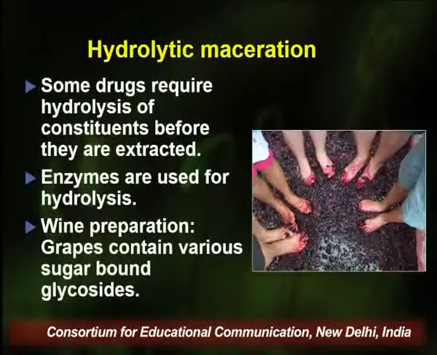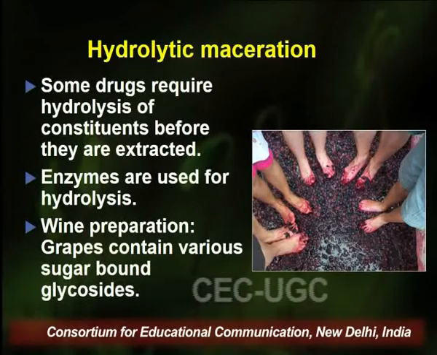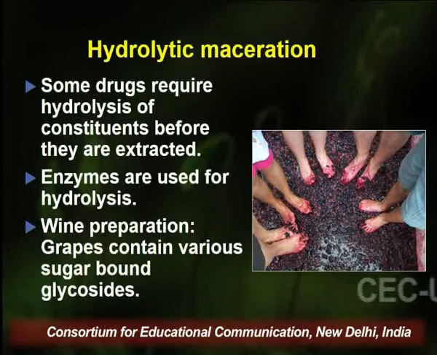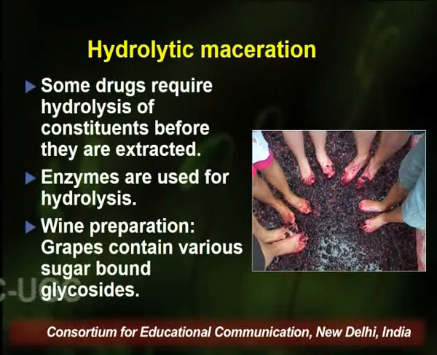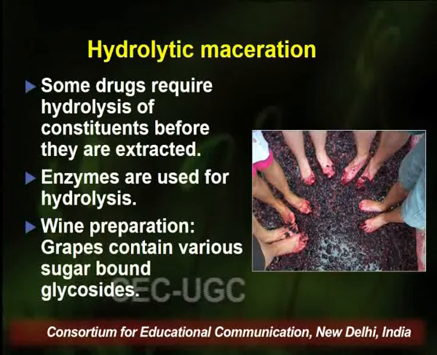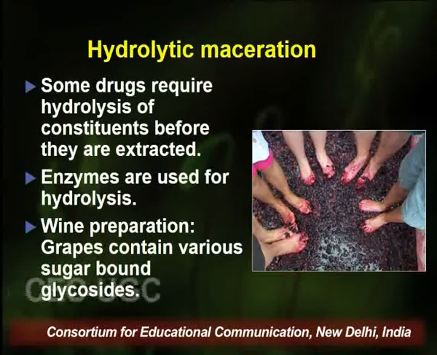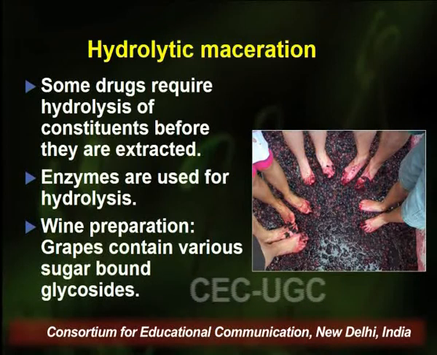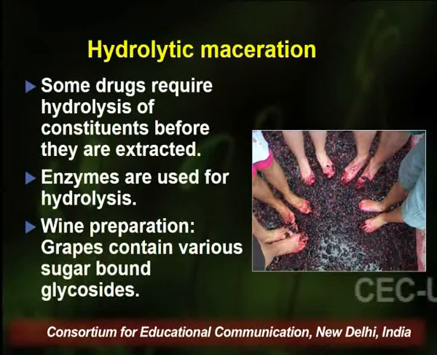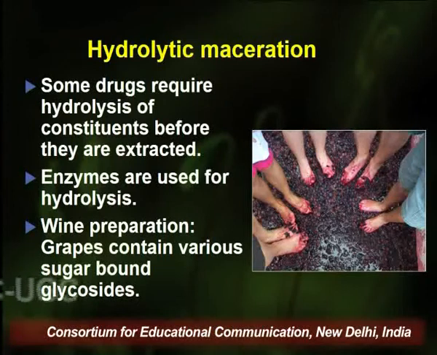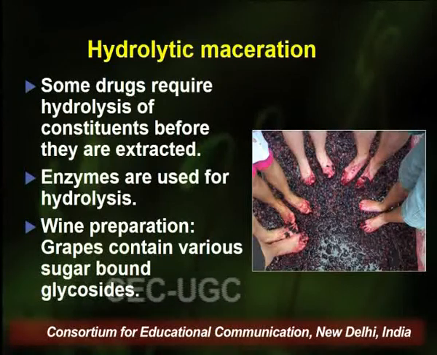Another type of maceration is hydrolytic maceration, wherein we expose the drug to hydrolysis of certain required constituents. For this hydrolysis, we treat the drug material with specified enzymes depending upon the nature of their cellular wall or cellular structure. They can be proteases, cellulases, or pectinases, which break down the cell wall, which further causes the hydrolysis of the constituents present in the plant matrix. Whether they are present in glycosidic form or in any other form, we can hydrolyze them and then